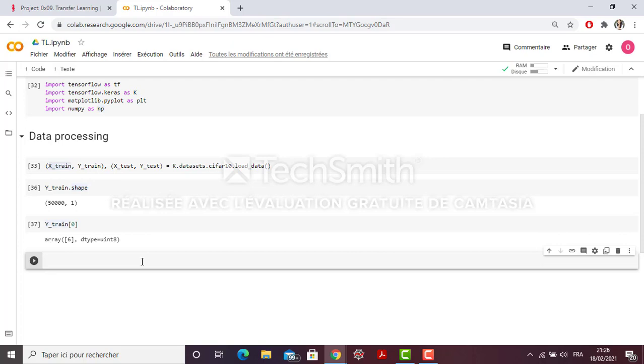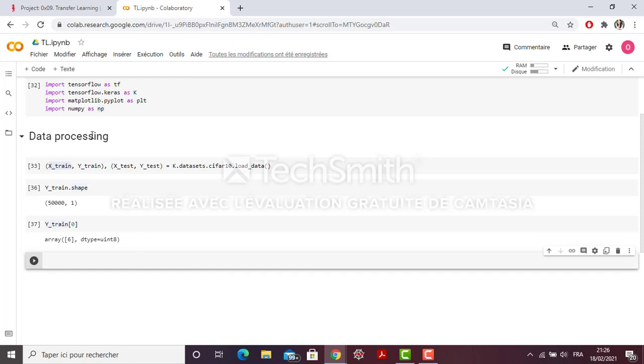The preprocess input function is meant to adapt your image to the format the model requires. For example, some models use images with values ranging from 0 to 1, others from -1 to +1, etc. So you need to know what your pre-trained model expects, and then you process your data.